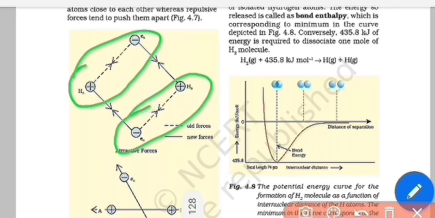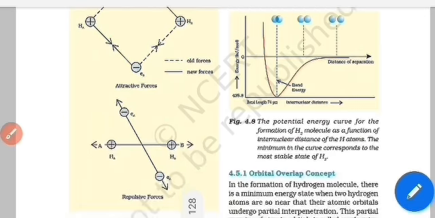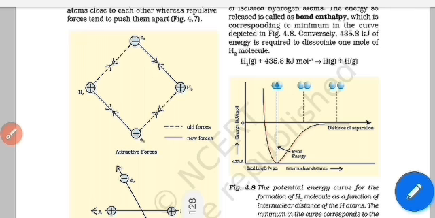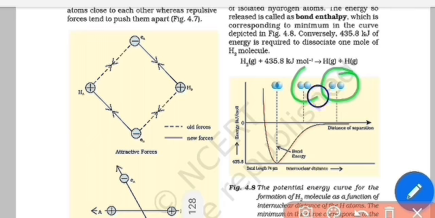When these two atoms approach each other, then the electron of each atom experiences two types of forces. First is attractive force from the other nucleus and second one is repulsive force from each other. As electrons are negatively charged, they repel each other. This theory suggests that initially the force of attraction is more as compared to the force of repulsion, and hence atoms approach each other gradually,